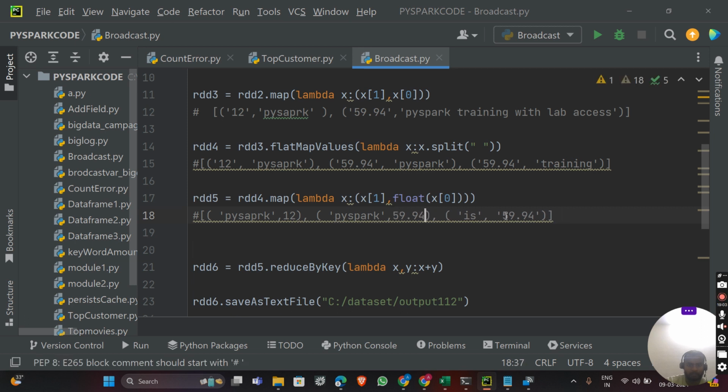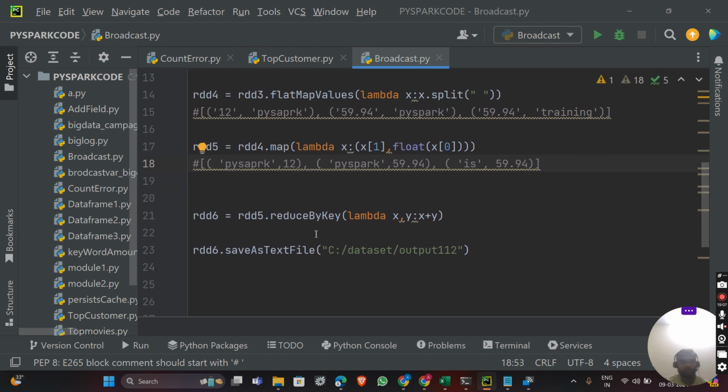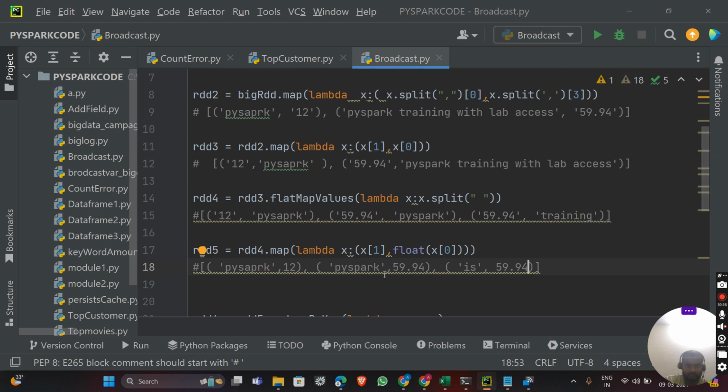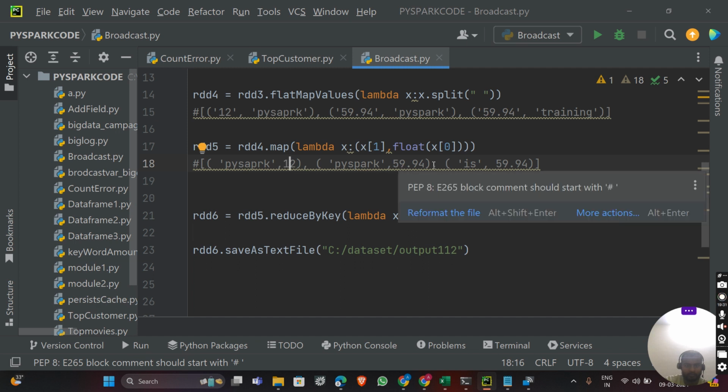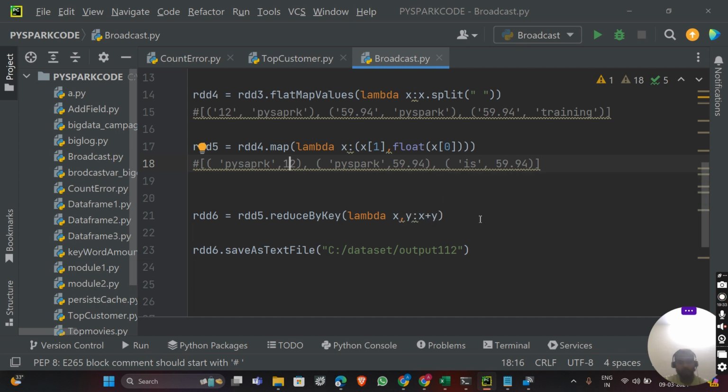So now I will get output like this. Okay, now what I will do, I will use reduceByKey to sum all values of the same key. So we are grouping it and we are calculating it. You can see now if I use reduceByKey, I have the value like PySpark. It will try to add the values of the same key. Okay, now it will try to add the 12 plus 59.94, and it will give the